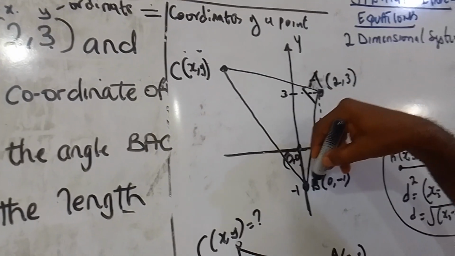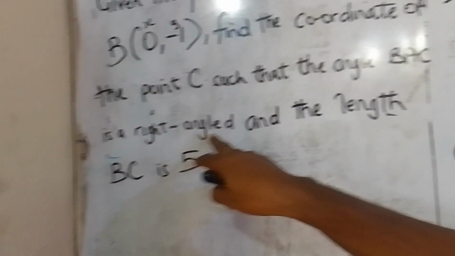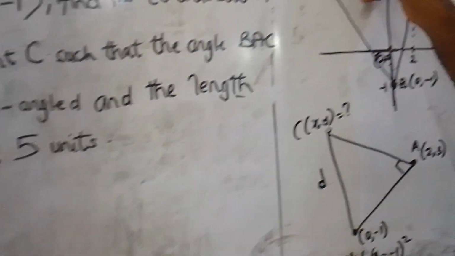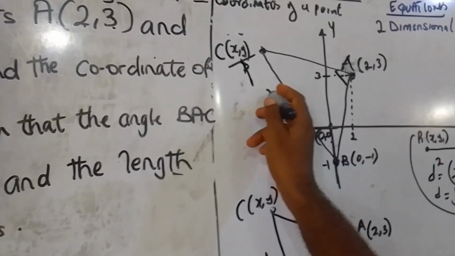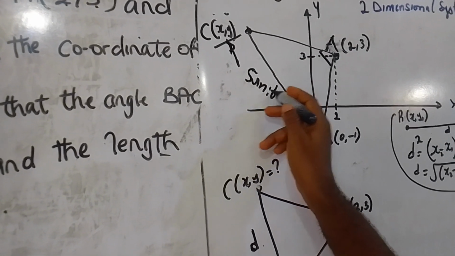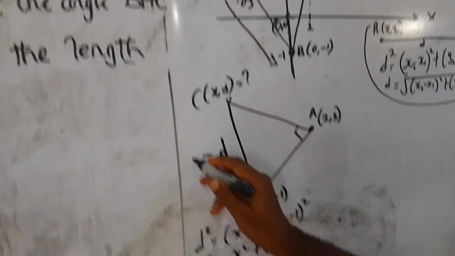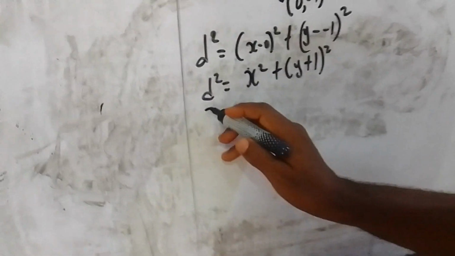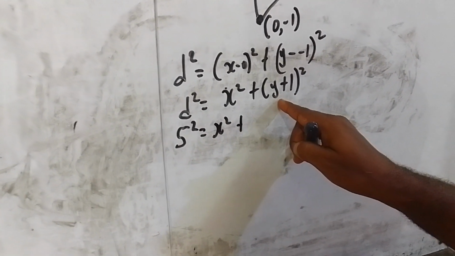Now we are told that the distance between point B and C is 5 units according to this place, and the length of BC is 5 units. So this length d is actually 5. So putting 5 here, I have 5 square is equal to x square plus, if I want to expand this,